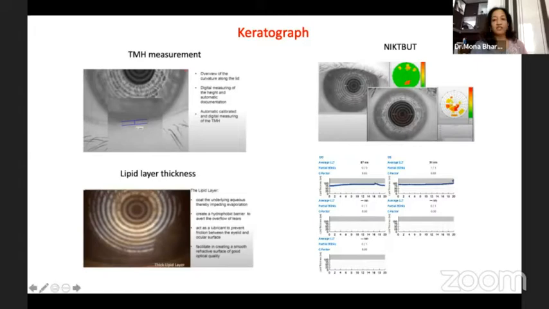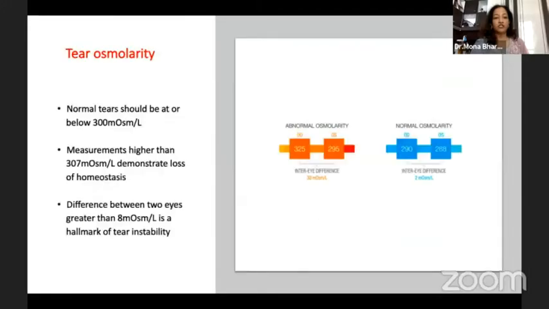MGD. Measurement of the tear non-invasive breakup time uses Placido-based rings projected on the cornea, and the image of these rings helps us in providing a color coding map where green or cooler colors indicate a normal TBUT. Tear osmolality is also of immense importance and is one of the most sensitive tools, where measurements higher than 307 milliosmoles demonstrate loss of homeostasis,